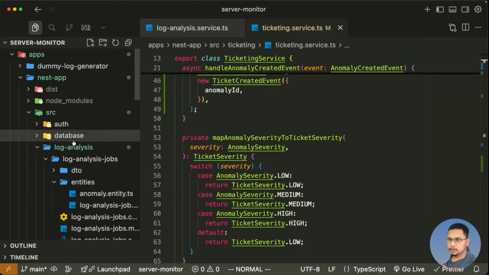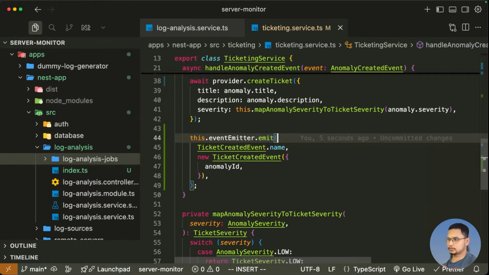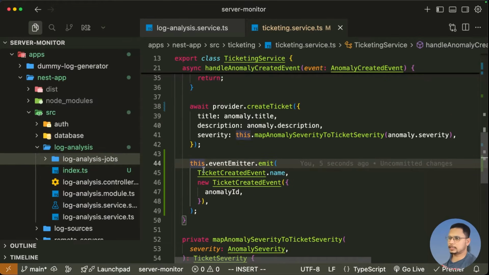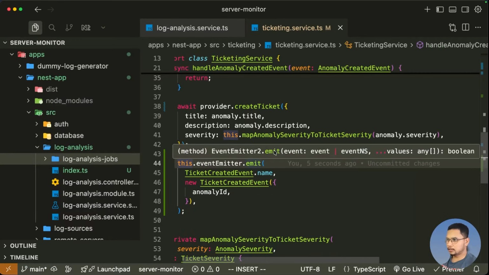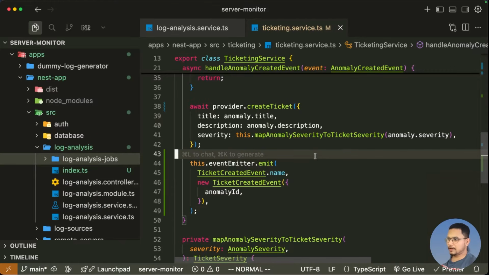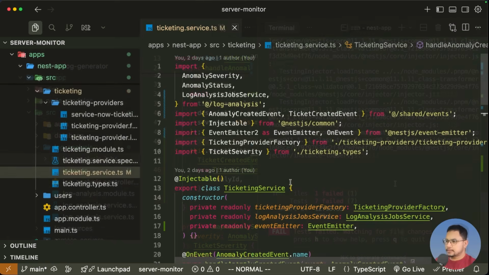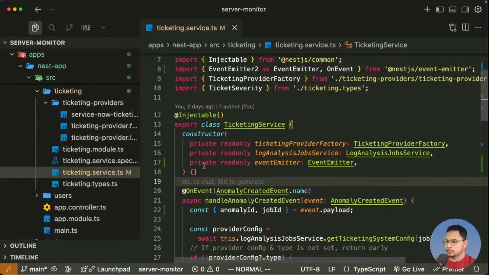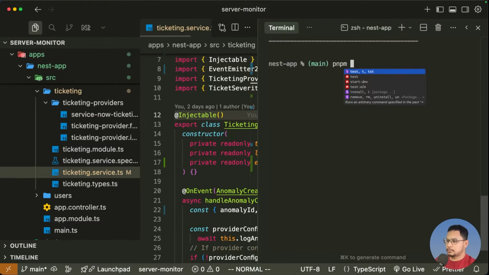We are actually publishing the event after creating the ticket. So this emit is not returning any promise or anything, so we do not have to wait for anything. Okay. So let us run our test now, because obviously we have broken a couple of things because we have added a new dependency here, right? So pnpm test,